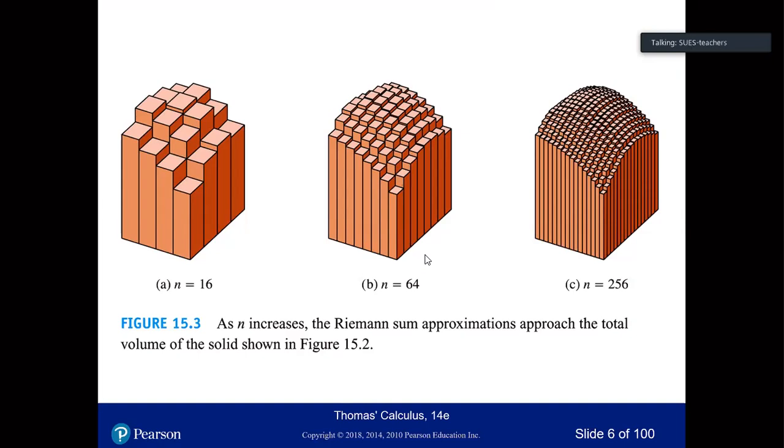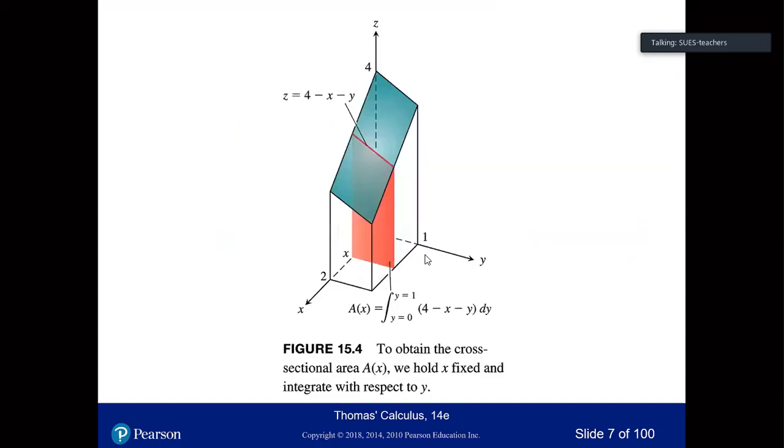Okay, so this is the theorem, for when we are trying to calculate what the multiple integral looks like. Suppose that we wish to calculate the volume under the plane z equals 4 minus x minus y over the rectangular region R, which is 0 less than or equal to x less than or equal to 2, and y larger than 0 and less than or equal to 1 in the xy plane. If we apply the method of slicing from section 6.1, where the slice is perpendicular to the x-axis,